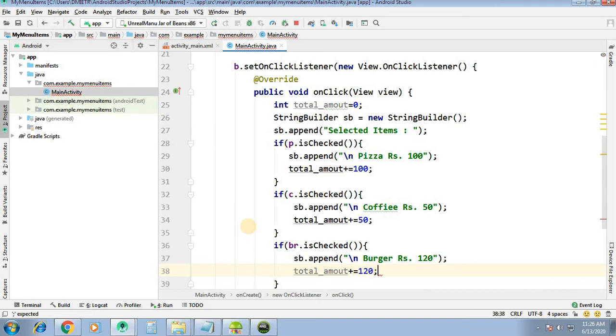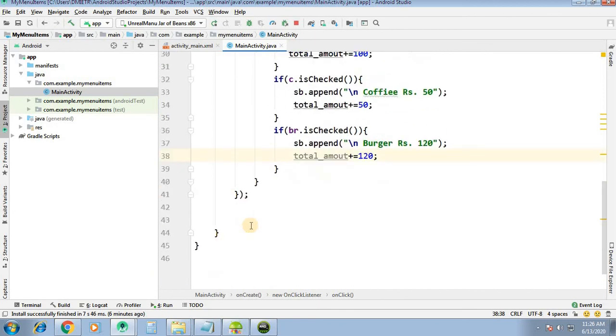We are adding 120 to total amount. So this is the logic.